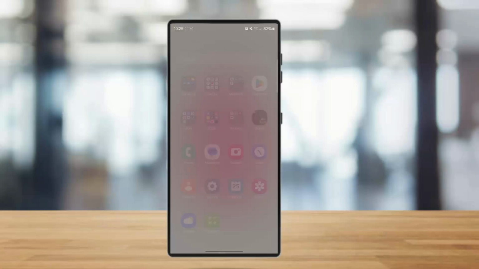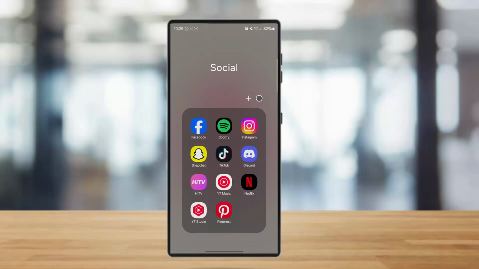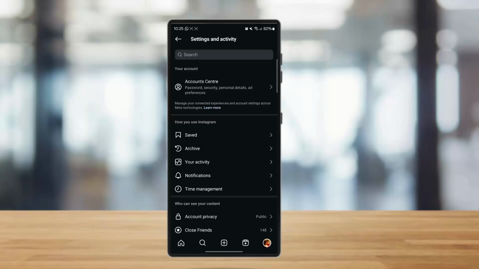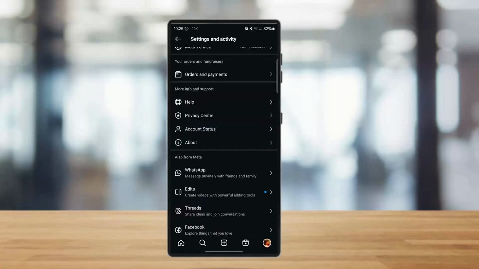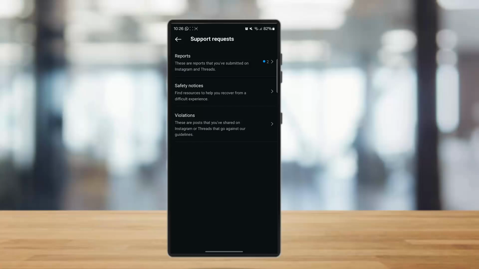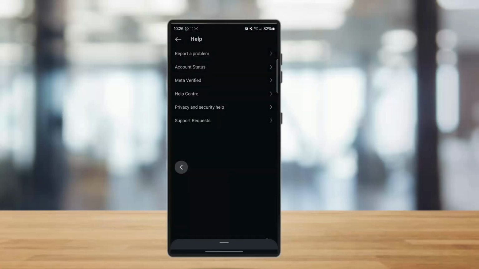So keeping this aside, all you can do is simply go and tap on the help button of your Instagram. So once you're in your profile, you can tap on the three dots, and once you go there, you can simply tap on the option called help. So once you're in this help option, you can simply go to support request. So once you support the request or do report a problem kind of stuff, you can actually have